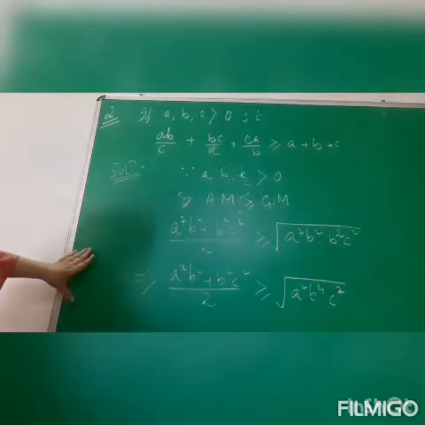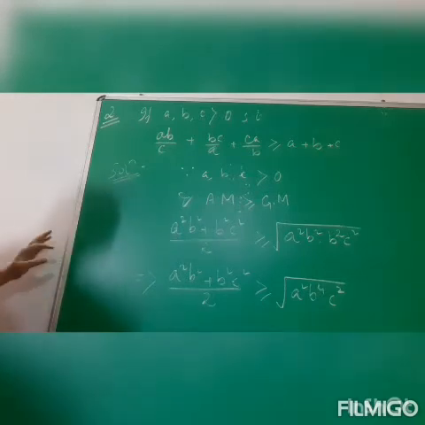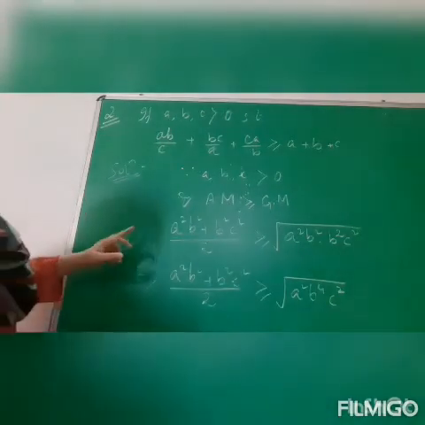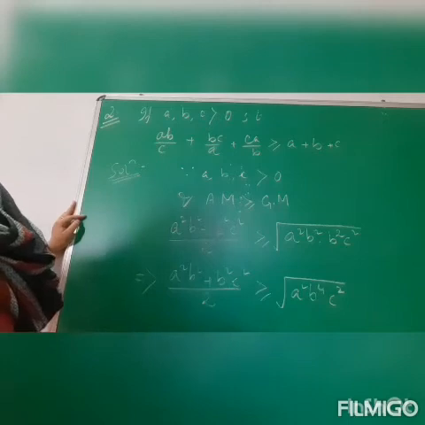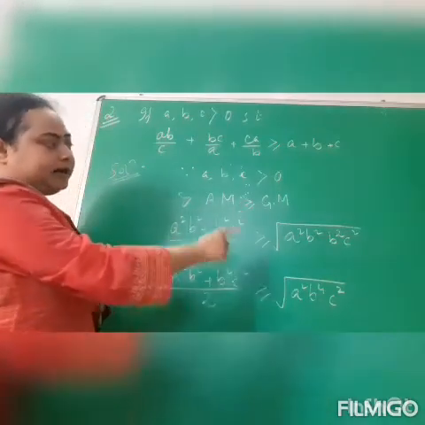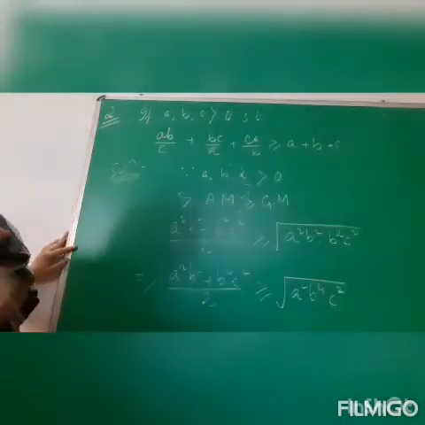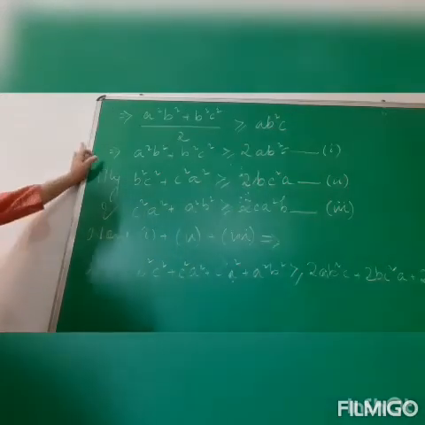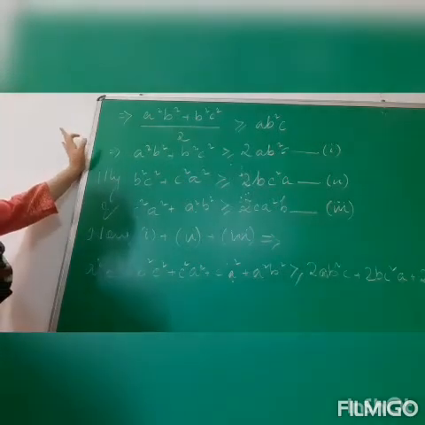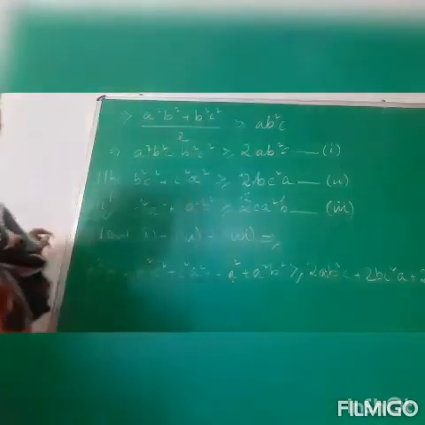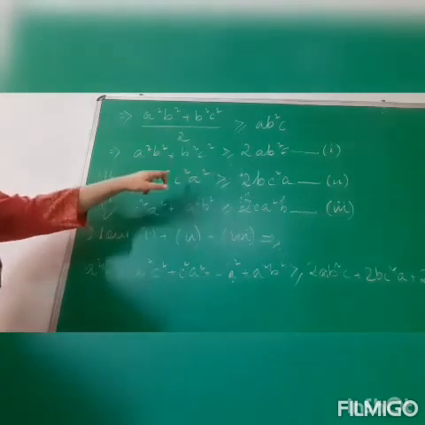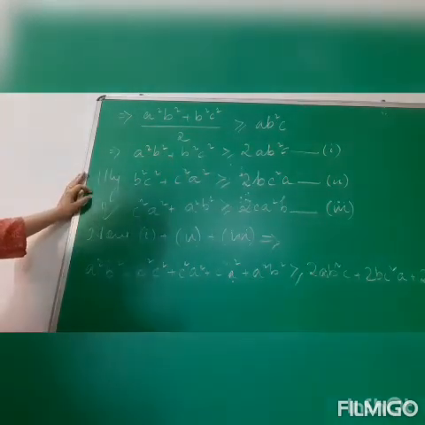So, if I consider these two terms, then the arithmetic mean for the two terms will be (a²b² + b²c²) divided by 2. And the geometric mean will be the square root of a²b² into b²c². So from here, this will remain as it is and here a² is there. So a², b² into b² will be b⁴ into c². Okay, so which implies that (a²b² + b²c²) divided by 2 is greater than or equal to ab²c. If I remove the square root, then I'll get ab²c. Which implies that a²b² + b²c² is greater than or equal to twice ab²c. Give this one as equation number 1.